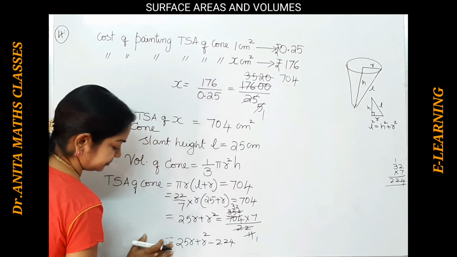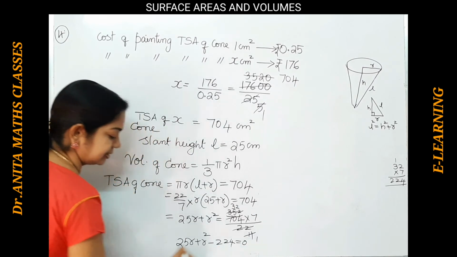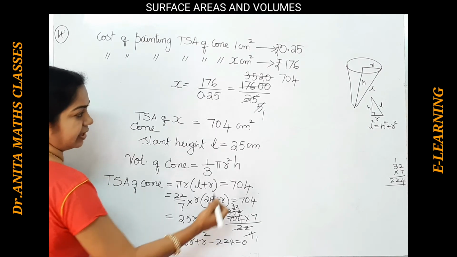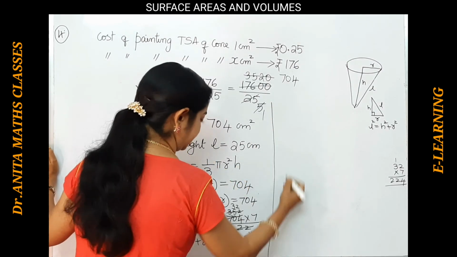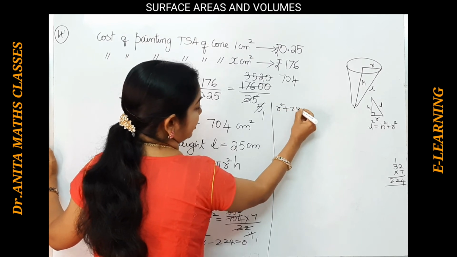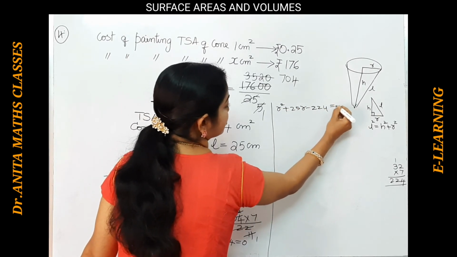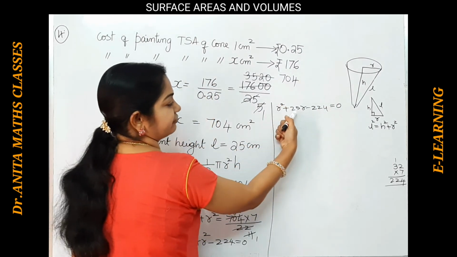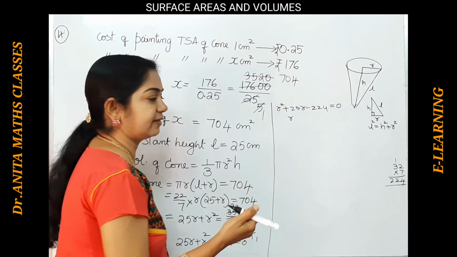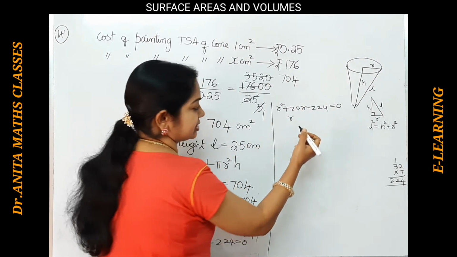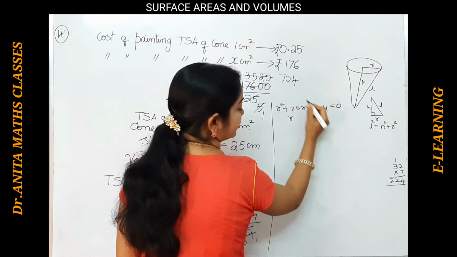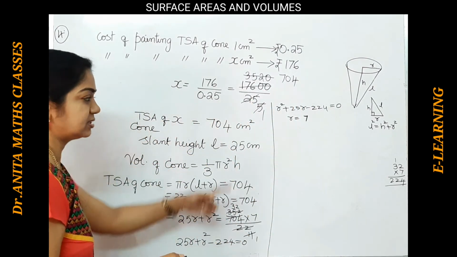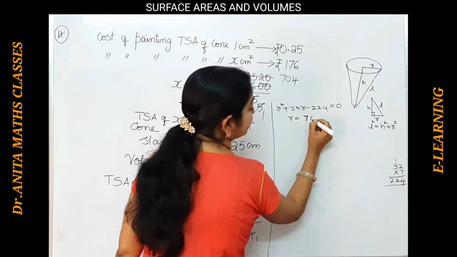So we will take this as a quadratic equation where the unknown term is r. Okay, so here this is a quadratic equation: r square plus 25r minus 224 equals 0. If you solve this quadratic equation by the splitting the middle term method or by the formula, that is minus b plus or minus under root b square minus 4ac by 2a, like that also you can do. So if you solve, you get 7. We have to take only the positive sign because this is a length. Okay, so r we get as 7 centimeters.